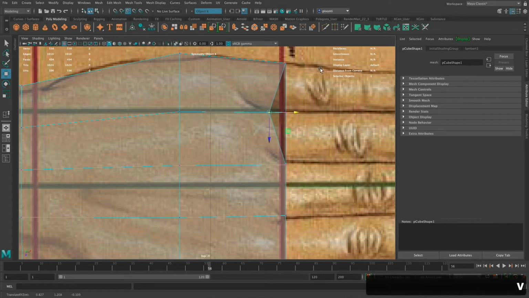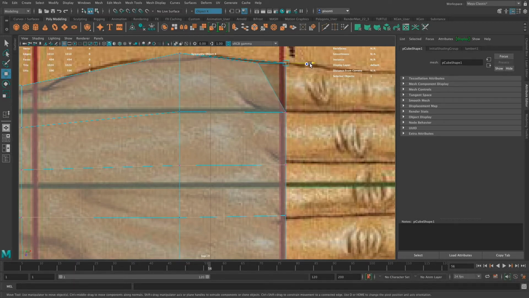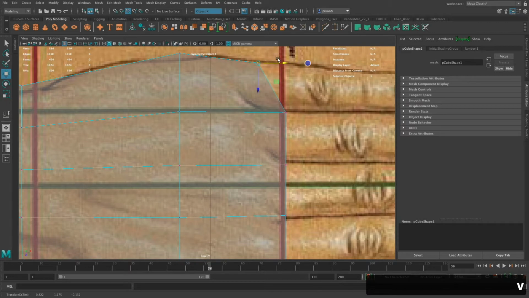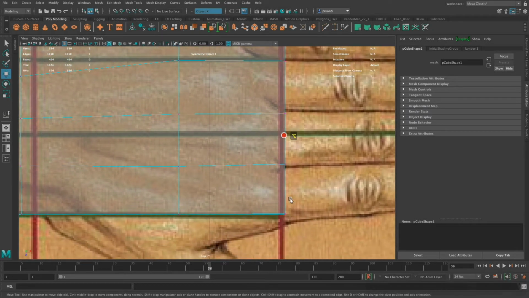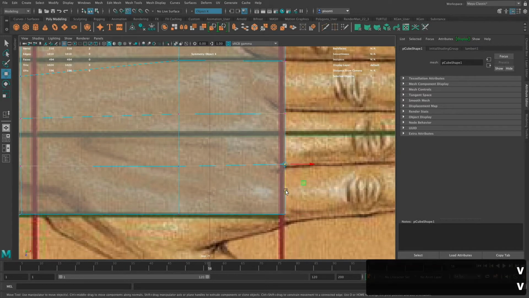You can hold down the V key and snap that to the other vert. So even this, if both of these are off, I can move this up. It'll snap to that one. But if I pull it this way, it's going to eventually snap to these. So I'm going to do the same thing here, right? And then I did the same thing here, but I'm going to snap this, make sure that these are snapped,